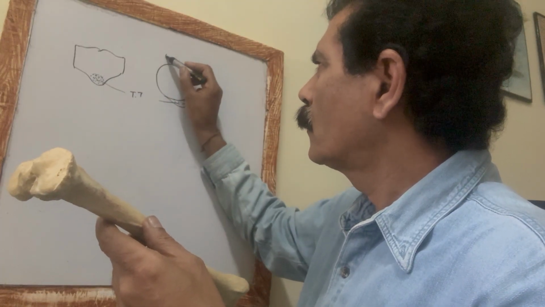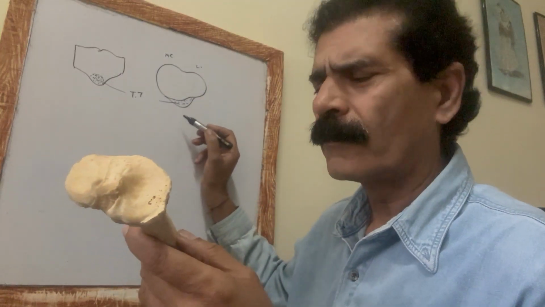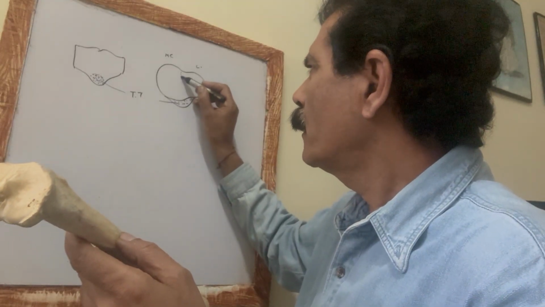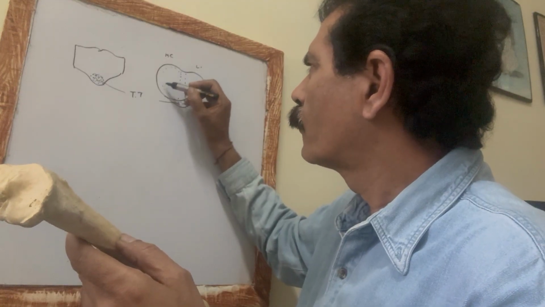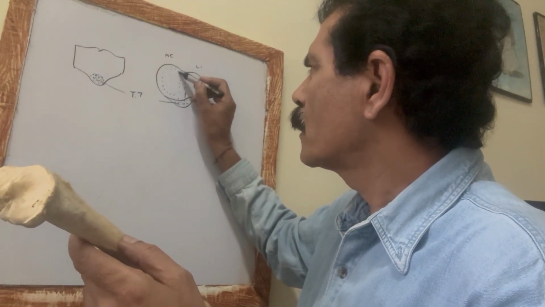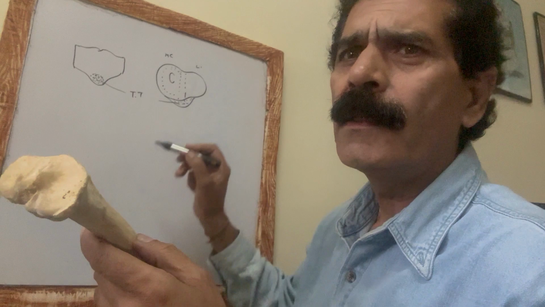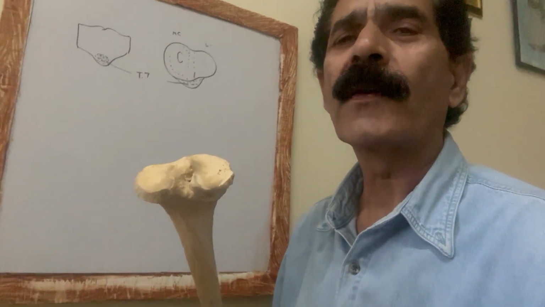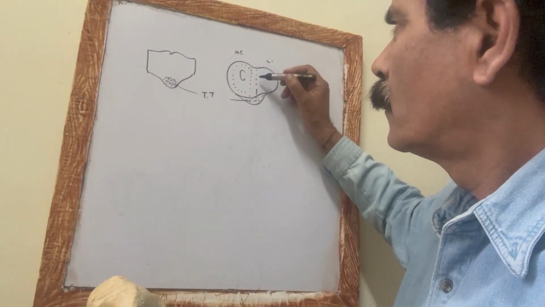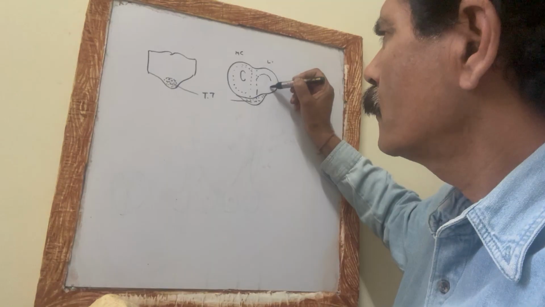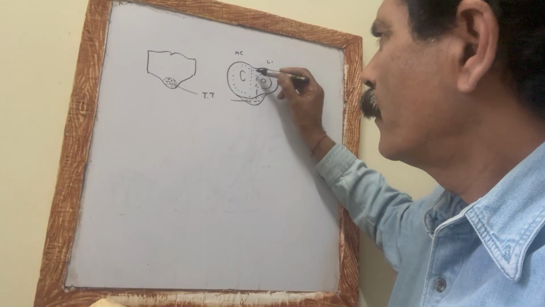So we see the superior surface of the medial condyle is large and the superior surface of the lateral condyle is smaller. And in between there is a rough area. The smooth surface is for the attachment of the meniscus. So the medial meniscus, which is alphabetically C-shaped, is because of the longer superior surface of the medial condyle, while the lateral condyle has got the attachment of the lateral meniscus, which is alphabetically O-shaped. And in between, this is the rough area.